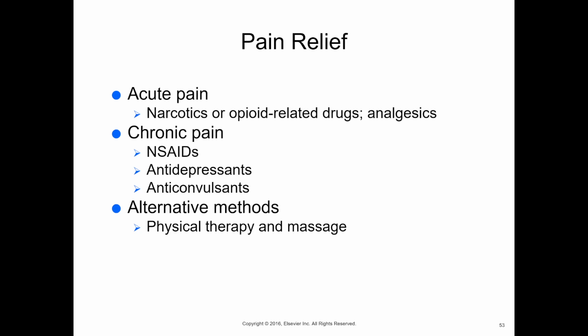Now, there's alternative methods to pain relief, and one of the primary overarching themes of many of these alternative methods is something called the gate control theory of pain. The idea is chronic pain tends to be more of that slow transmission pain. Well, we can override that in the thalamus. Again, all of these things go to the thalamus, and the thalamus then sends pain, whether it's slow or fast,